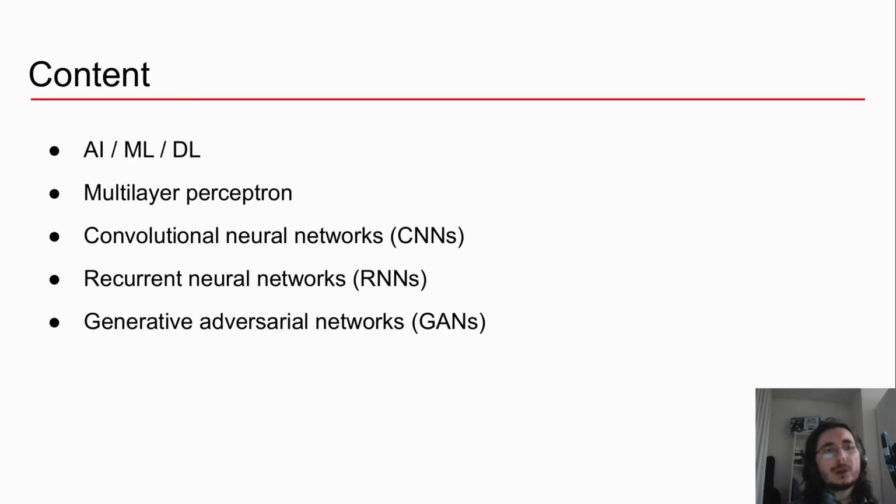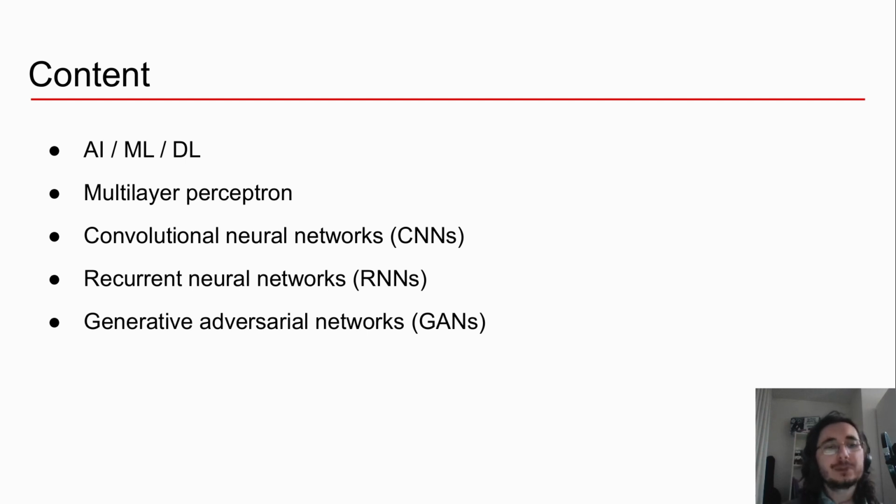Now, what about the content? So what are we going to actually learn? You're going to get an intro to artificial intelligence, machine learning, and deep learning. So we're going to learn the differences and the overlaps of these different fields and subfields. But then after that, we're going to move on and jump into the different flavors of neural networks that are out there. So we'll start with something that's been historically the initial network that has been widely adopted,